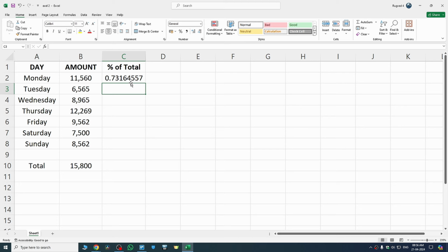but this is not showing in the percentage format, but we can easily fix that. Just click on the value and now hit the percentage icon like this, and this is how you can easily get the percentage. To apply this to all of your values, how you can do that, just go to